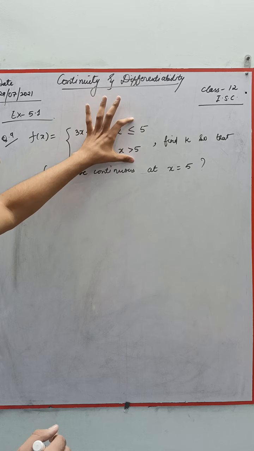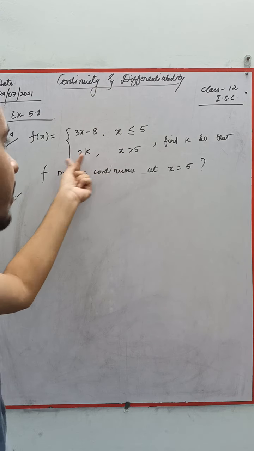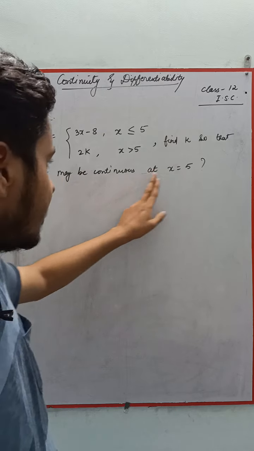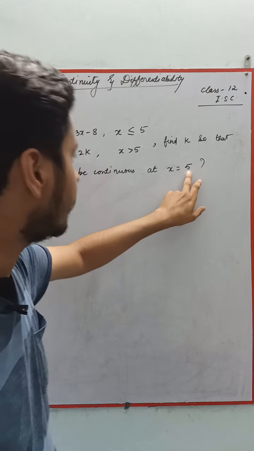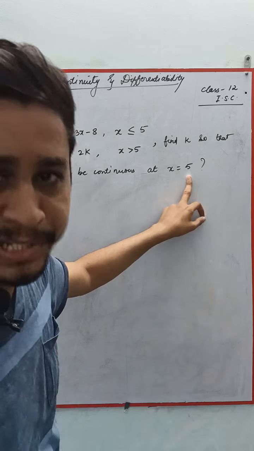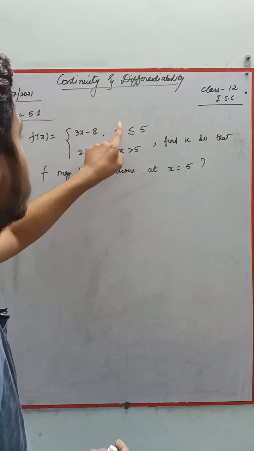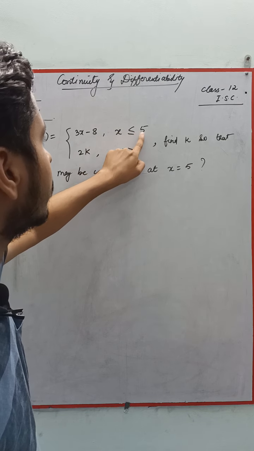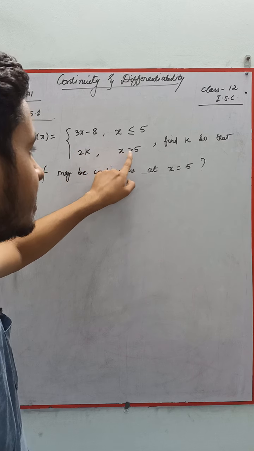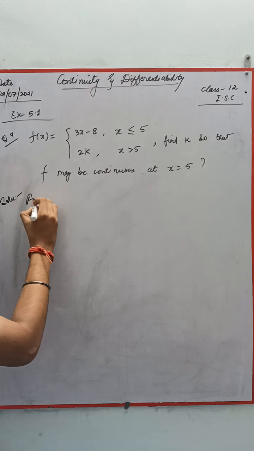So this is an inequality case. From here we can detect which condition will be our LHL and which will be RHL. As the function is continuous at x is equal to 5, if we are going less than 5, then it is for the LHL case, and if we are going more than 5, it is for the RHL. So here x is less than or equal to 5, so definitely it will be LHL, and x greater than 5 is RHL. So for LHL,